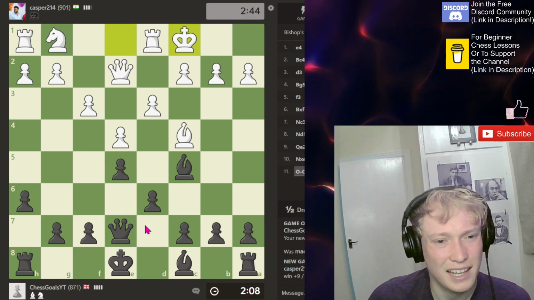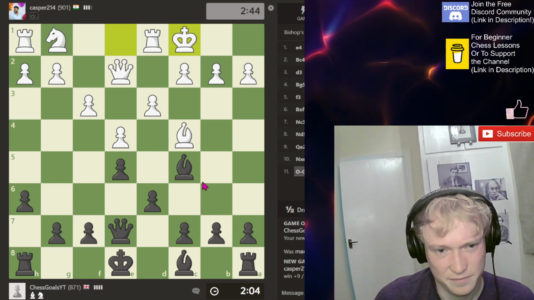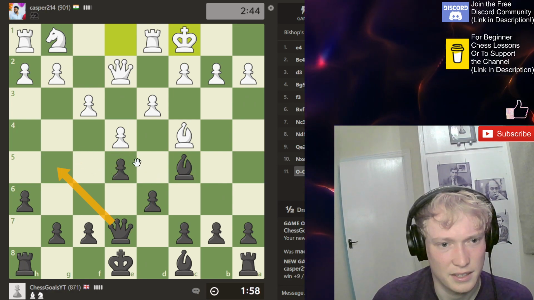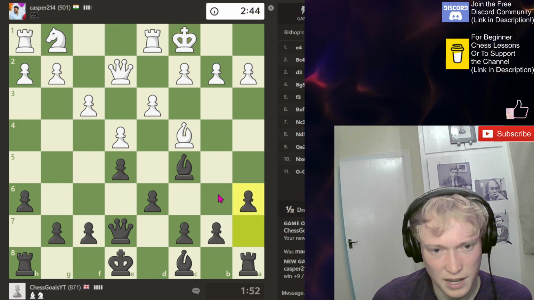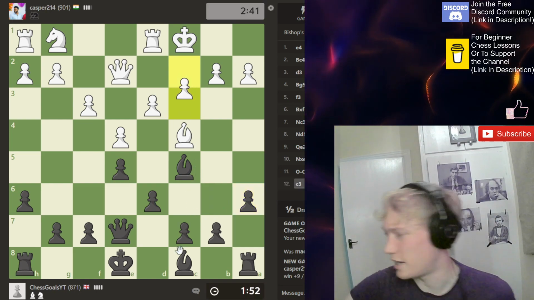And now I feel like I'm better, but I can't explain why. They're castled as well. Maybe I'm not better. Don't want to take there, do we? Got this check. Yeah. This and takes. We're targeting this pawn. I'm just going to start expanding on them. We might be getting an opposite side